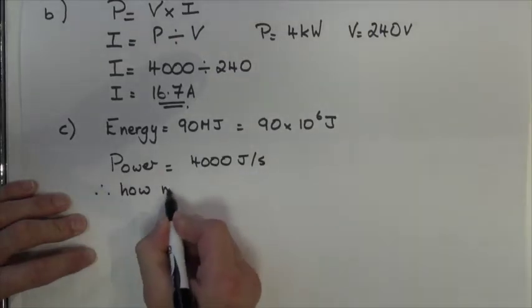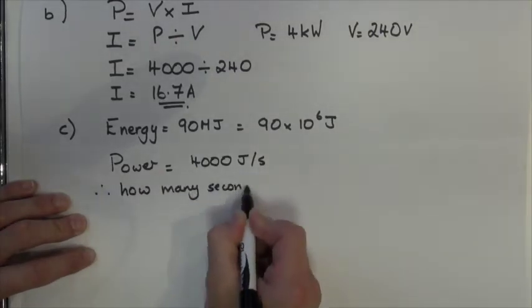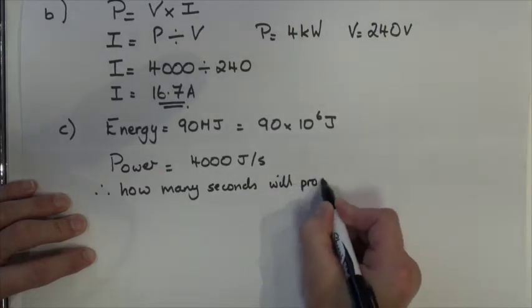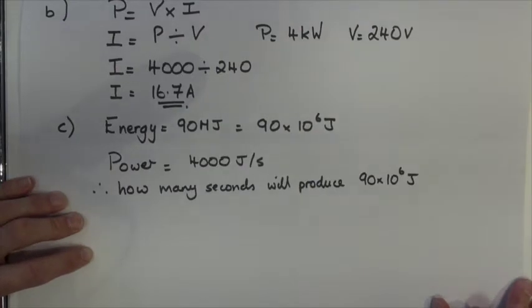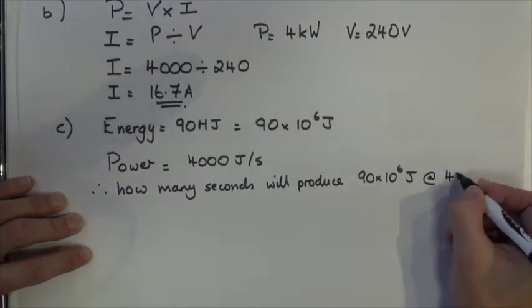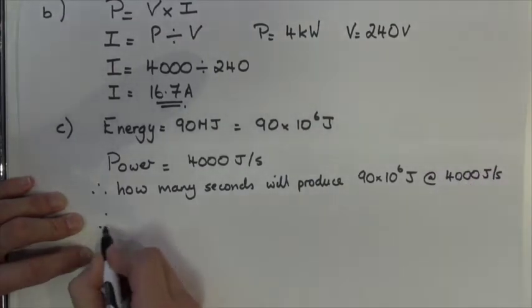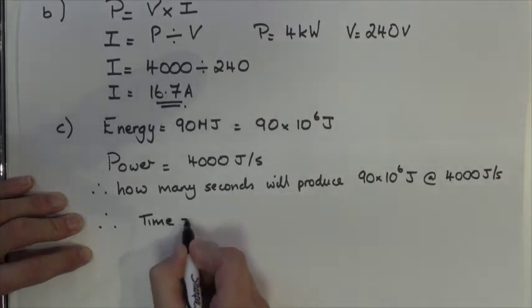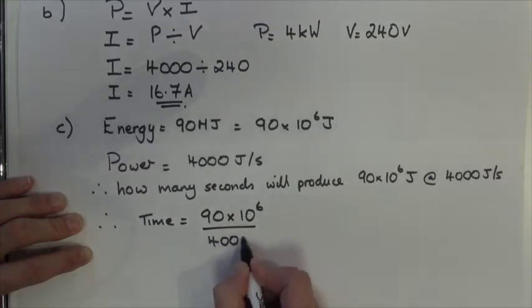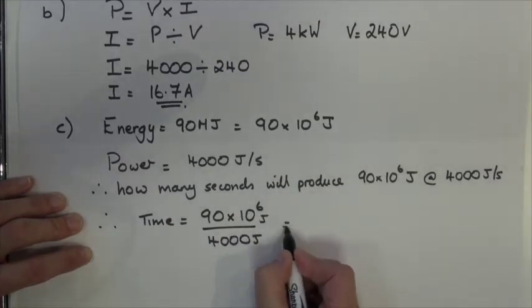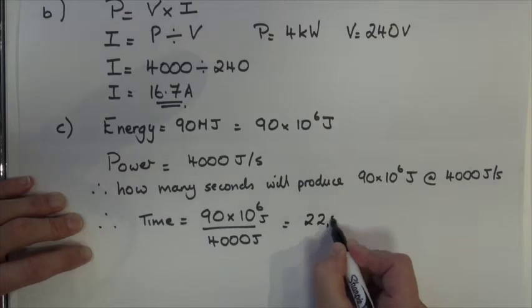4,000 joules per second. So what I want to know is how many seconds will produce 90 megajoules of energy if I'm working at a rate of 4,000 joules per second. So basically, to calculate the time, I divide 90 times 10 to the 6 by 4,000, which will give me a time in seconds, and it comes out at